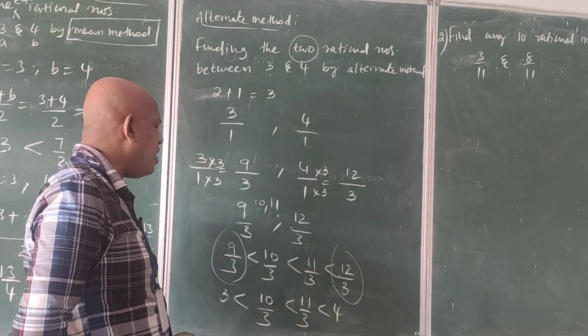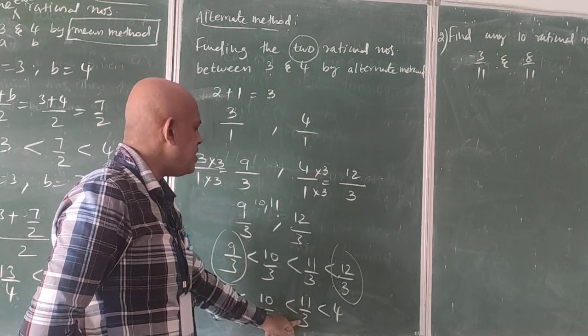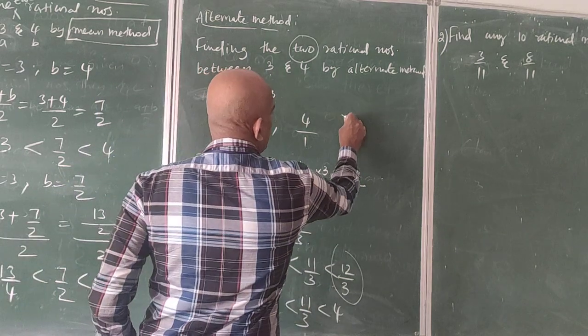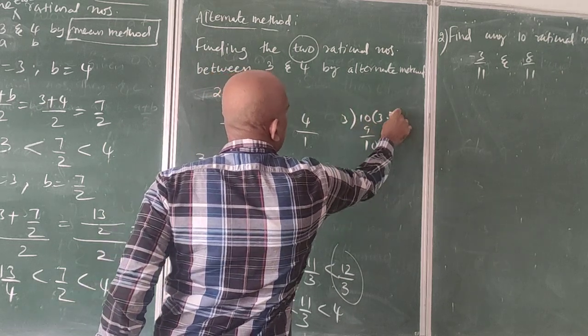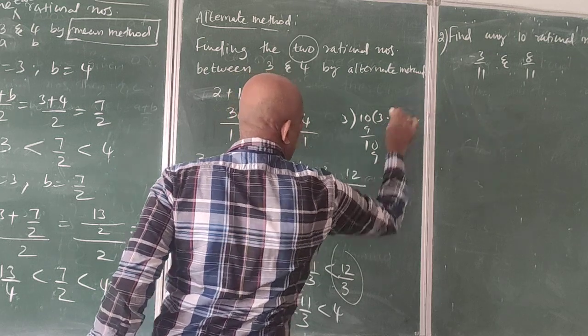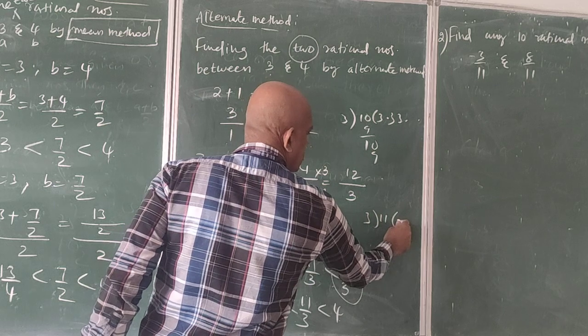That is called the property of density. If you divide 10 by 3, you get 3.3 and so on, and 11 by 3 also gives 3 point something. Let us check. 3 divides 10. 3 threes are 9. 1, then again 3 threes are 9. It continues 3, 3, 3 and so on. Let us divide 11 by 3.